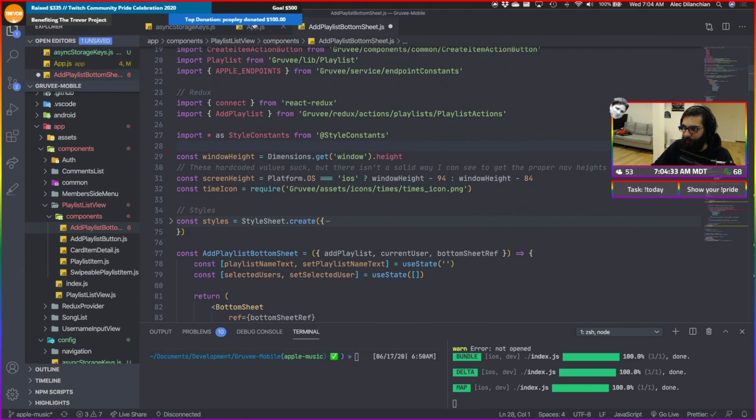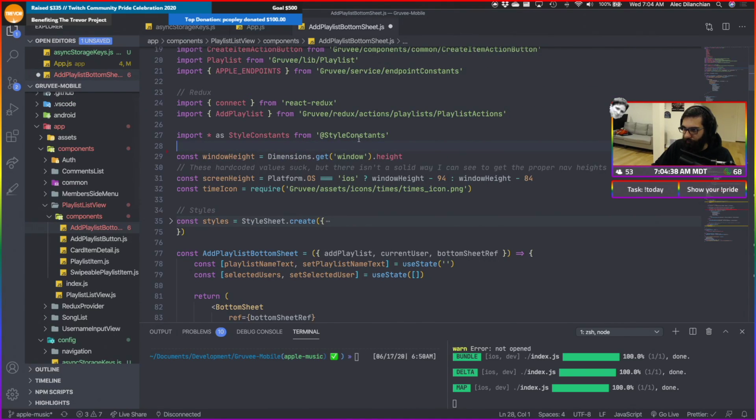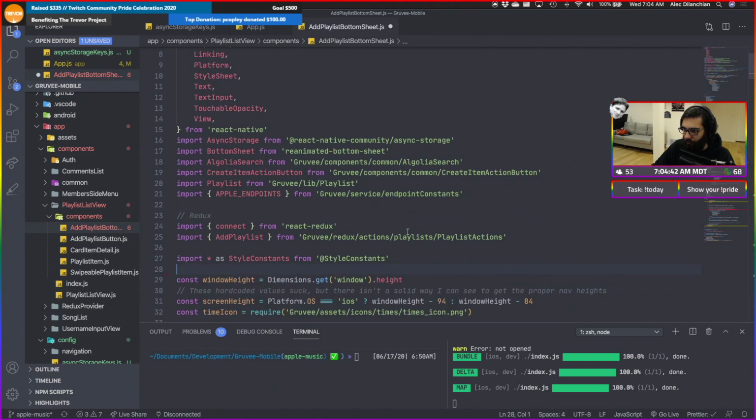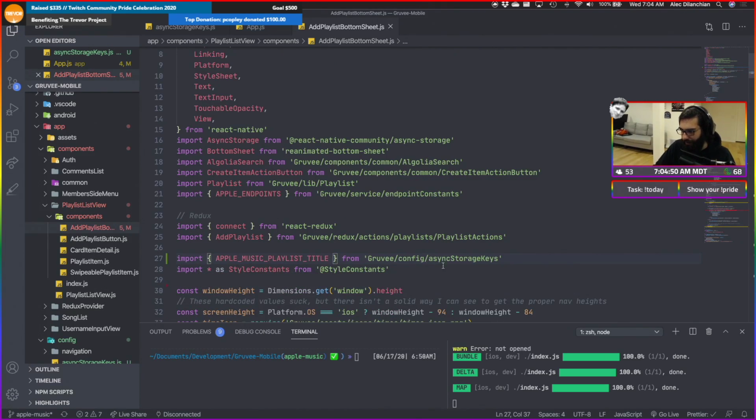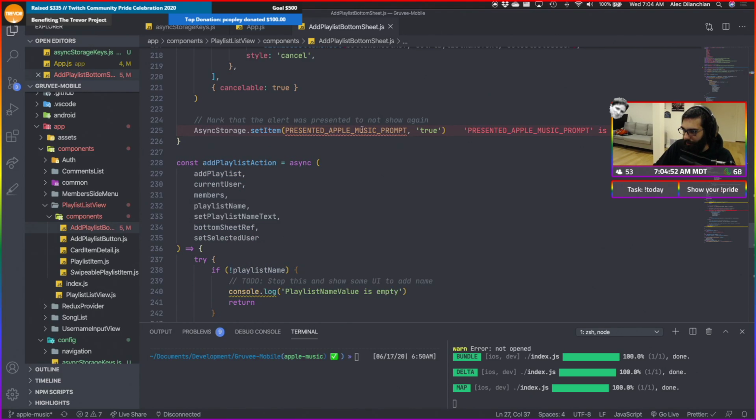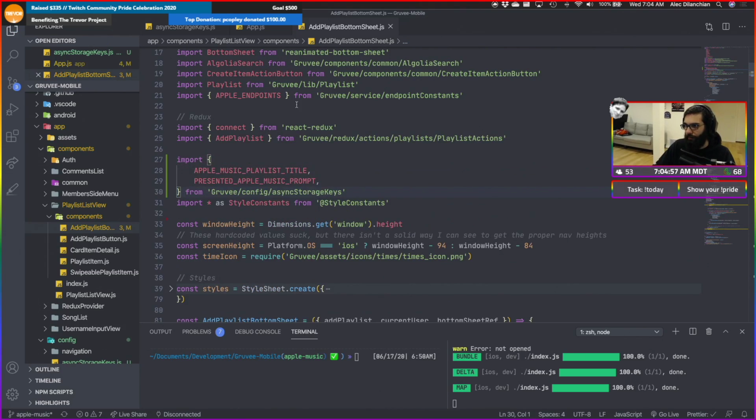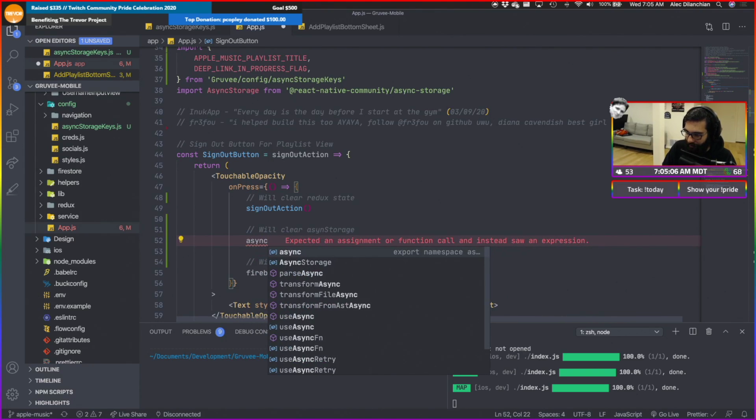And then over here, we're going to do the same dealio. Essentially do that. We don't need that flag, we just need the Apple title. And what else do we need? Present Apple Music prompt. Okay. And that's it. Awesome. And so now in our app on sign out, we can just do async